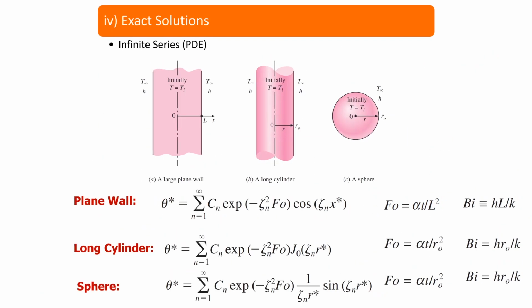And if none of the three cases work, then we need to go through infinite series, and infinite series solutions are given in here. And again, the definitions of the Biot number for finding these constants are given here for different